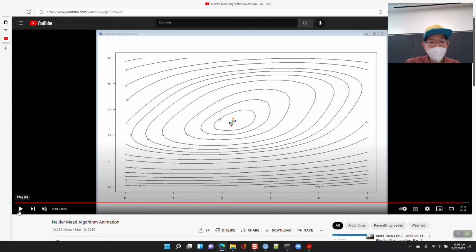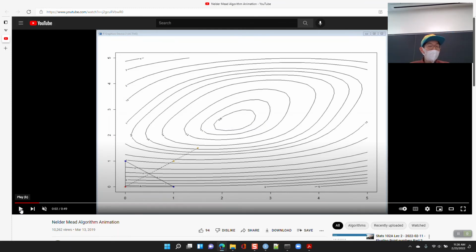For the first iteration, what's the reason that we just don't keep connecting? We go on. Yeah, I mean, we could, but to keep the algorithm simple, we just try one extension. Now you could probably modify it and say, hey, if the extension's even better, keep going. But to keep the algorithm simple, we'll try a reflection, and if it's the best one, we'll try the extension. It's like pushing your luck, right? We just say, let's push our luck a little bit and try the extension, and you could say, I want to keep doing it, and you could